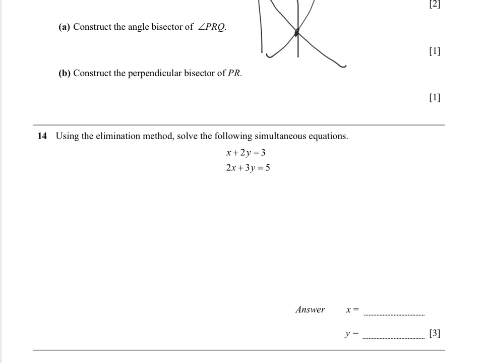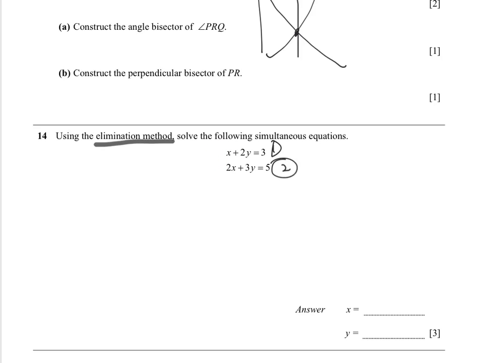Okay, so last one, let's take a look at this one where we have solving of simultaneous equations, but using the elimination method. By saying elimination method, you cannot use the substitution method. So let's see how it's done. If this is equation 1 and this is equation 2, in equation 1, I intend to eliminate x. Since both are different